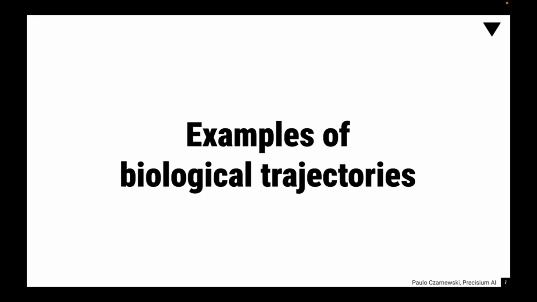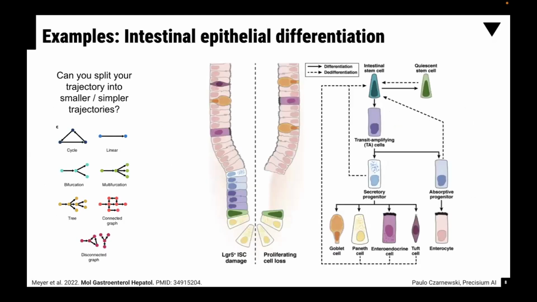Let me show you, before we go to the methods and so on, just a few examples of these biological trajectories and where they are happening. So one of the things that I will always try to remind you is, can you split a trajectory into smaller and simple trajectories? So when you're doing the trajectory analysis later on, you can always take, for example, intestinal